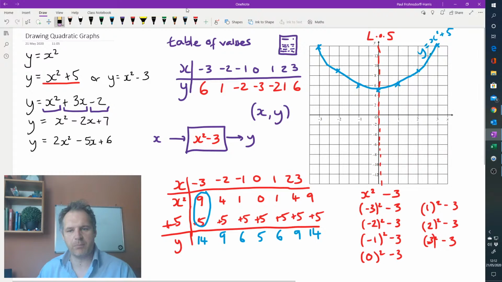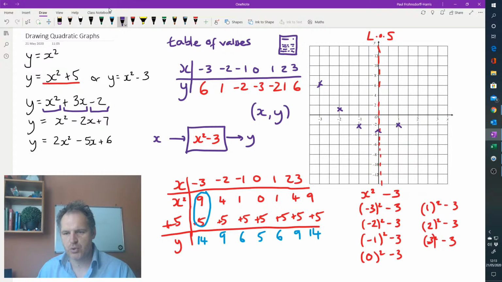If I rub out the blue line, when you rub things out you always have to go, and we've got minus 3, 6. Where are you, my little pretty? That sounded a bit like an evil Bond villain. Where are you, my little pretty? Minus 1, minus 2, 0, minus 3, 1, minus 2, 2, 1, and 3, 6. We then